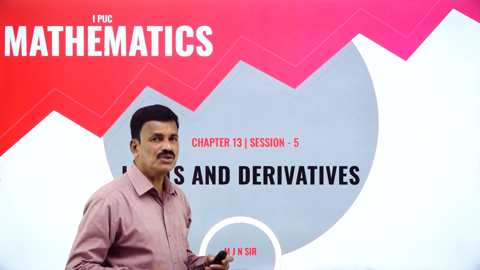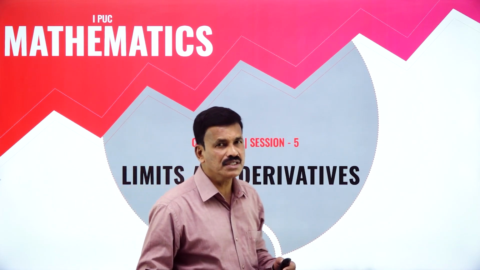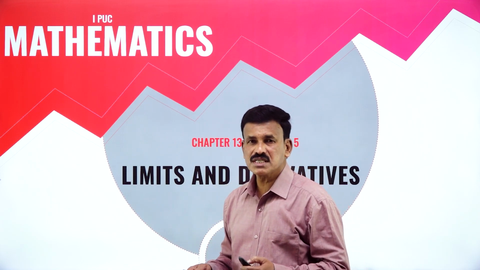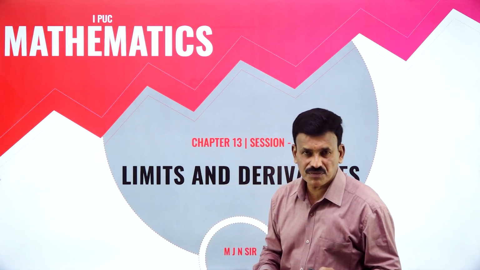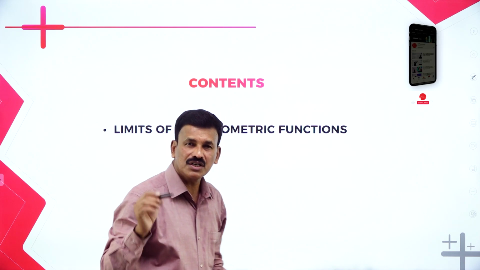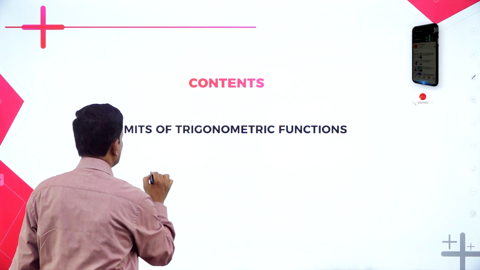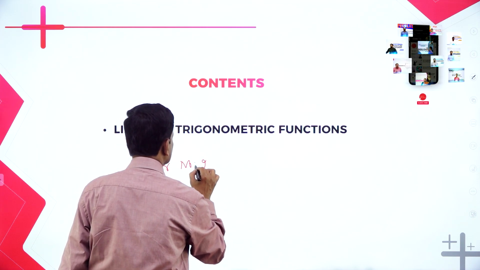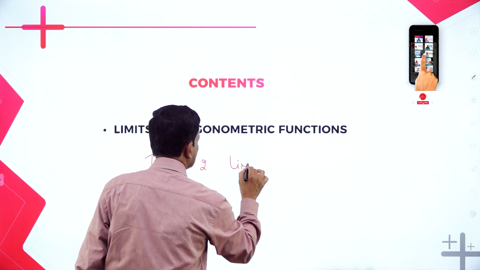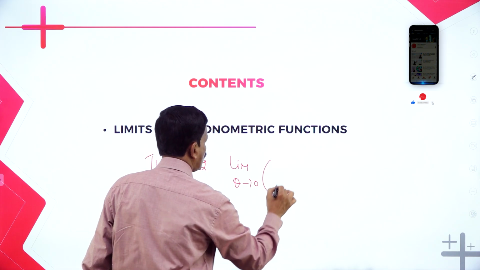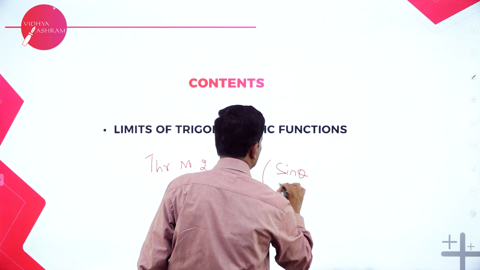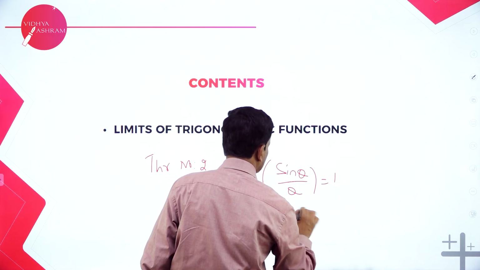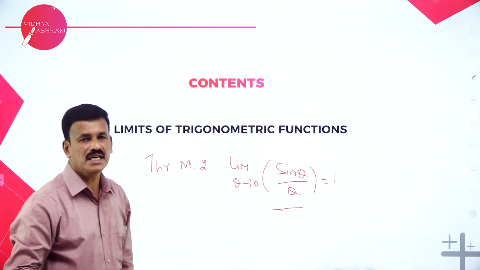Today in this session I am going to discuss a very important theorem. In the previous class we discussed the important theorem number 1. Today I am going to discuss theorem number 2. Theorem number 2: limit theta tends to 0 of sin theta by theta is equal to 1, where theta is in radians,